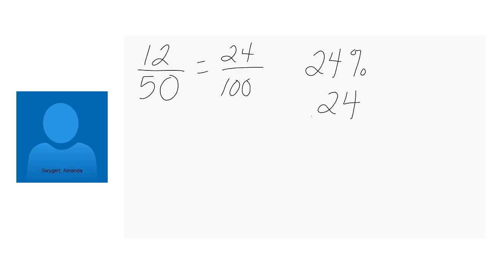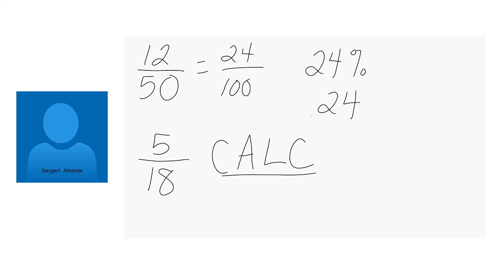Now, if I have something that's a little bit crazier, all right, so let's say I have 5 over 18. I do not exactly know how to change that to put it into a fraction that's going to be easy to work with. I can't get the 18 to just turn into a 100 easy by working with multiplying. But the good thing is, your calculator will help you with all these types of questions, all right? Anytime you have a fraction and you want to change it into a decimal, you can on your calculator. So whatever calculator you have right now, grab it and just try typing that in. Remember that a fraction line means division. So you can type in 5 divided by 18, and it's going to give you a decimal.